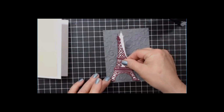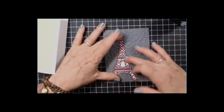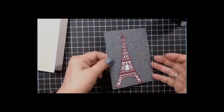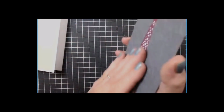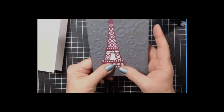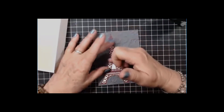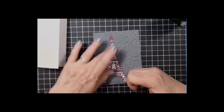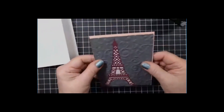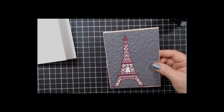So then you just lay this back in, and that's why it's called inlay. So then everything is flat as if it's one piece of paper. So you could sponge your background. I mean, you can do all different kinds of things, use different dyes, but I just thought this would be nice, a little different. And then I'm gonna glue that to the pink, which is petal pink,